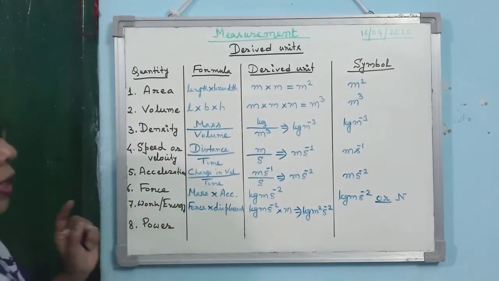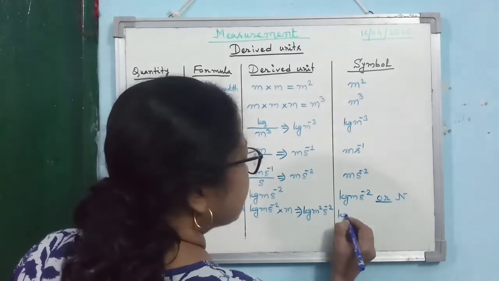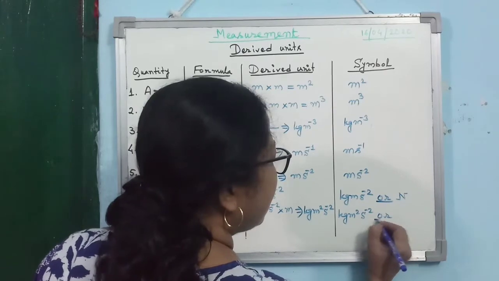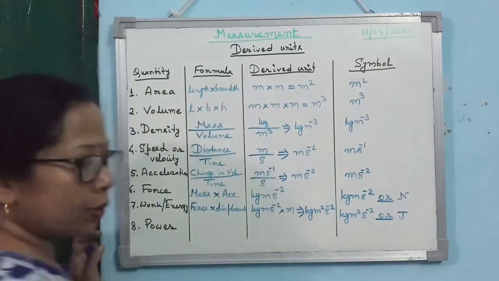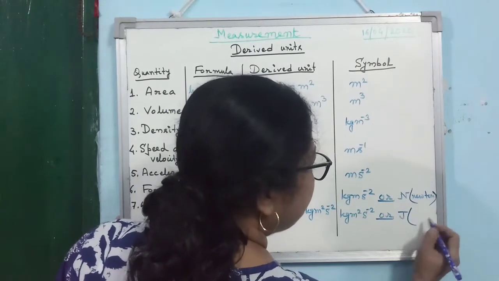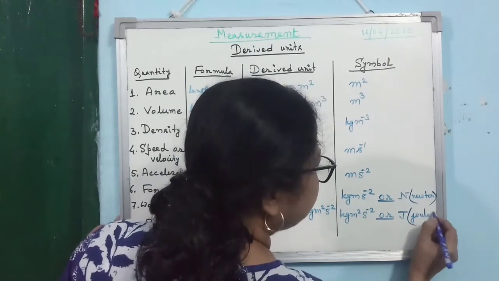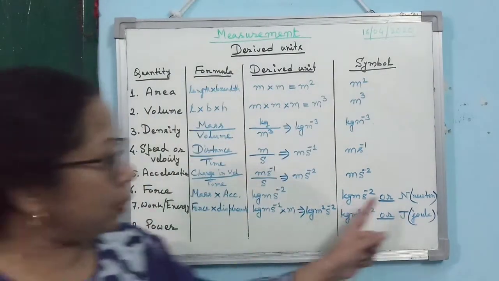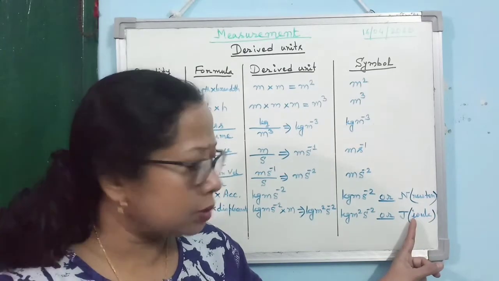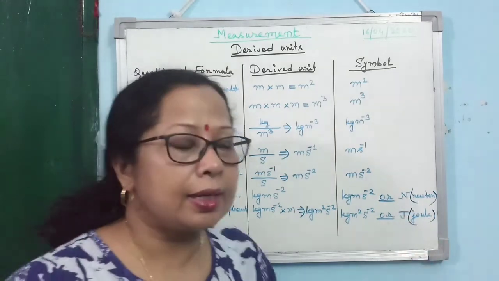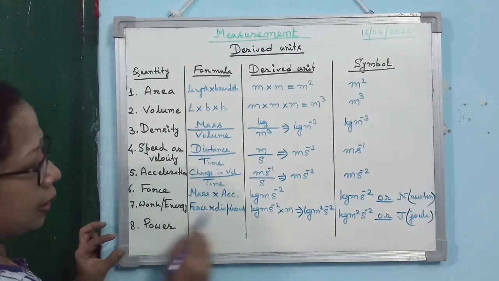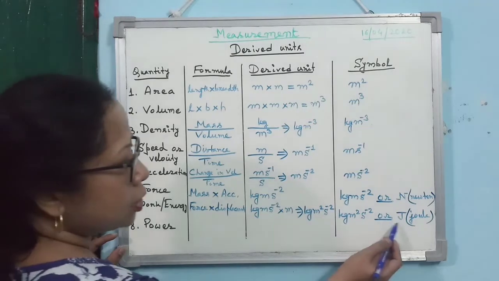Now the SI unit of energy. You can write it as kg meter square s to the power minus 2, or you can write it as joule. Please observe here, when you are writing the full name, the n should be small, because these two are the names of scientists. So what is the SI unit of work or energy? It will be kg meter square s to the power minus 2 or joule.